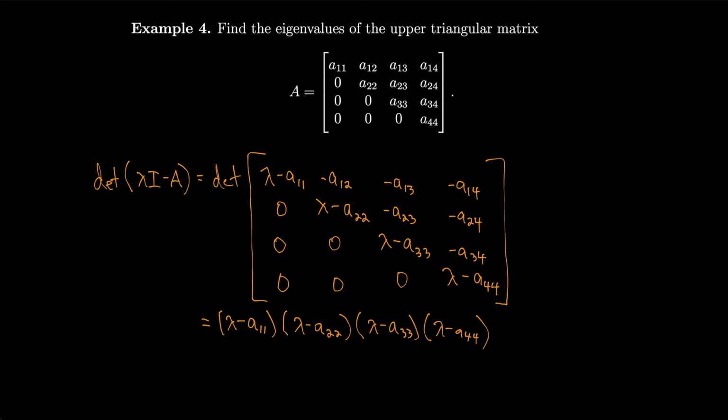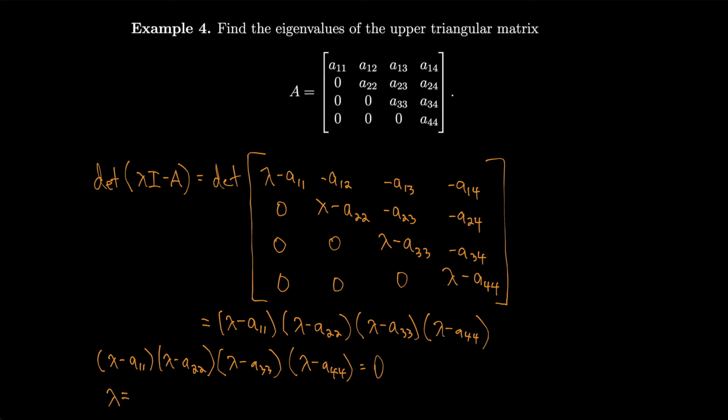Anyway, we're looking for where lambda minus a11 times lambda minus a22 times lambda minus a33 times lambda minus a44 equals 0. And lucky us, our characteristic polynomial already has linear terms all factored out, so we can just read